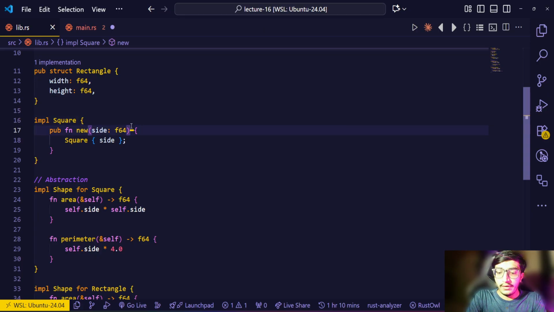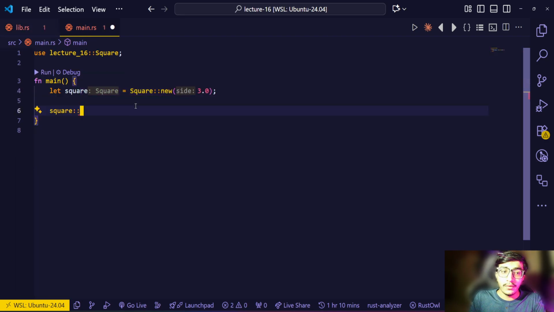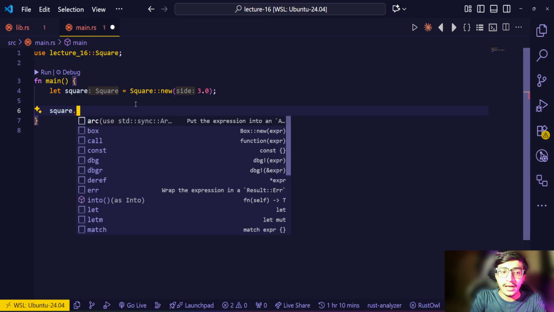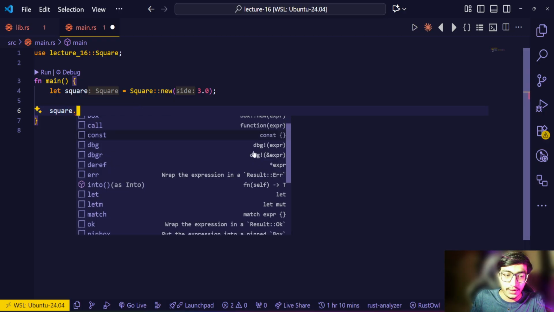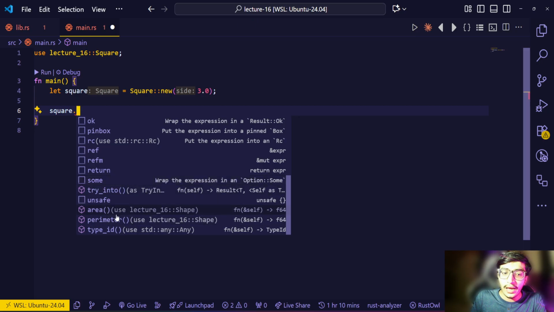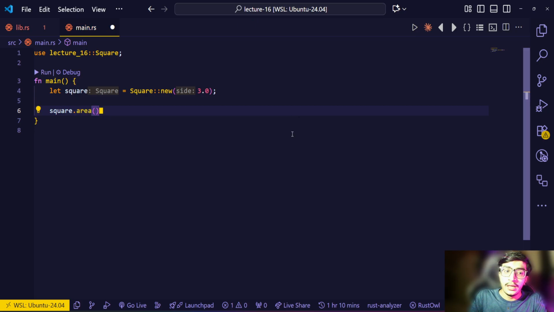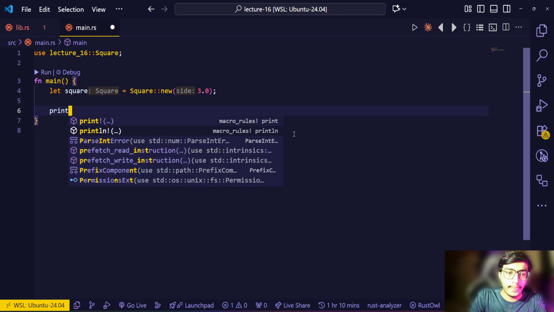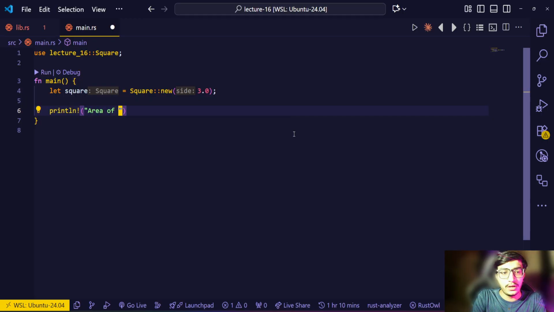So now from here let's return the square struct. Now if you write square, and inside that square we will have different, try into, and here we have area. If you want to print the area, let's say area of square is equal to,